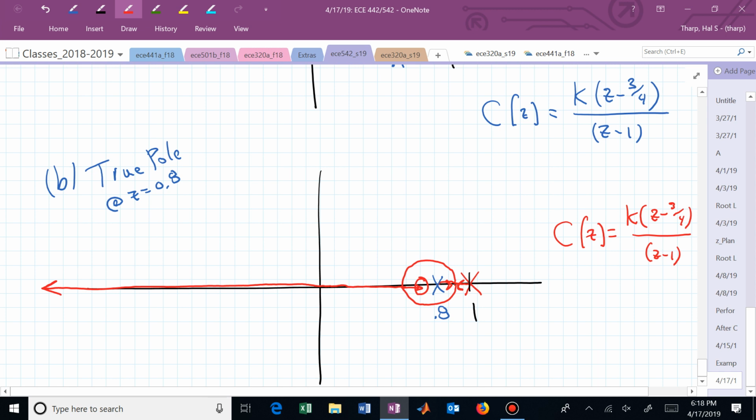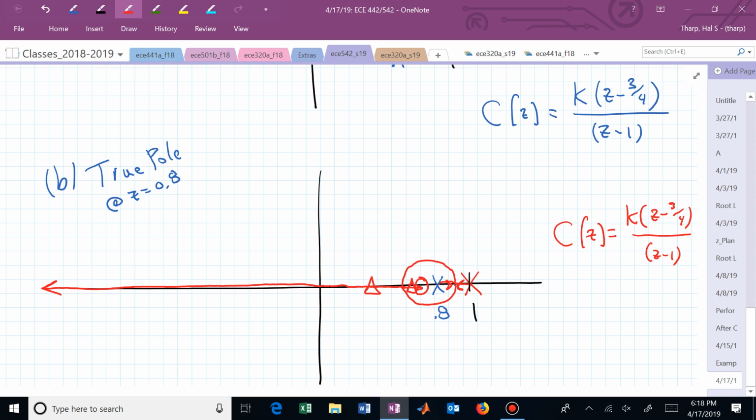And do you see what's happening? As we crank up the gain K, this is going to hit, break away, and one's going to go towards the 0, the other one's going to go where we thought we were going before. So now we have a pole here, and let's say a pole there for a choice of gain. Again, that pole is almost on top of the 0 that we designed. That cancels each other out, and we're left with our dominant pole still in the same general area that we had before.